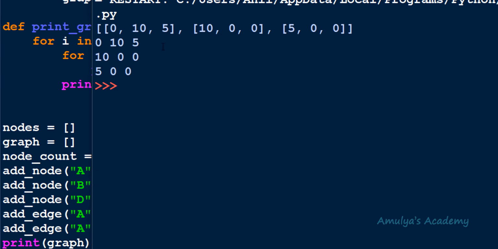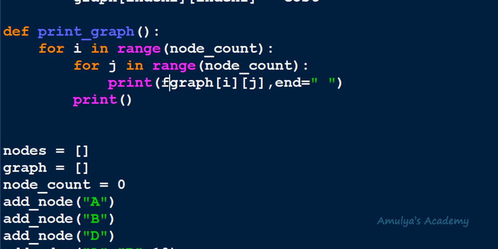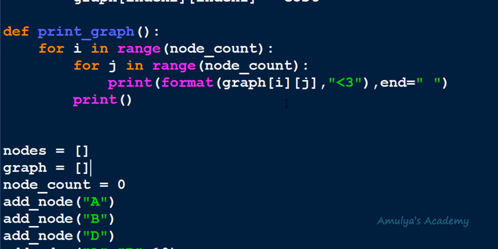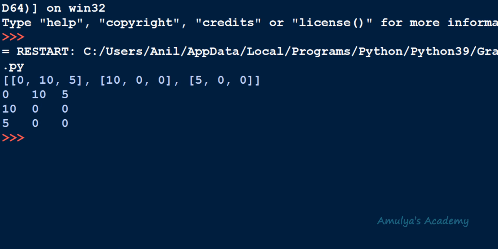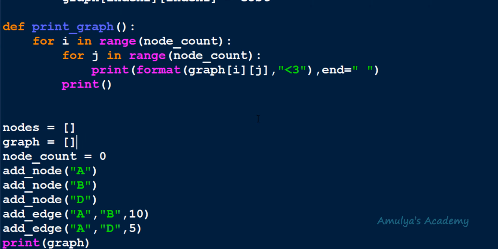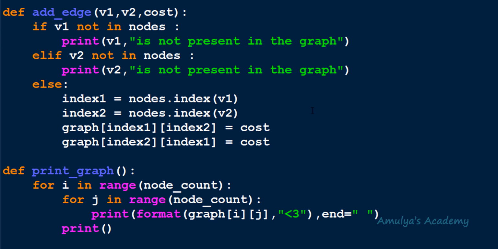And here you can see the matrix shape. You can format this matrix like here. You can use format. I already explained about the format function in the pattern program. If possible, I'll give the link of that video in the description box so you can understand how this function works. Here, just because it is not printing the numbers in proper shape, I used that format function. Here you can see now, just for the proper representation. Alright, so we know now how to write the add edge function for unweighted undirected graph and undirected weighted graph.